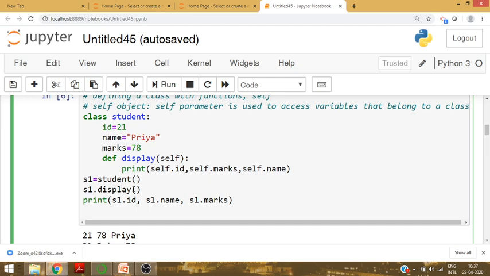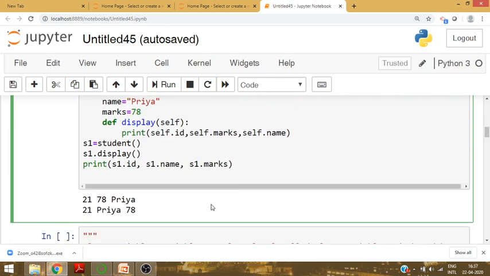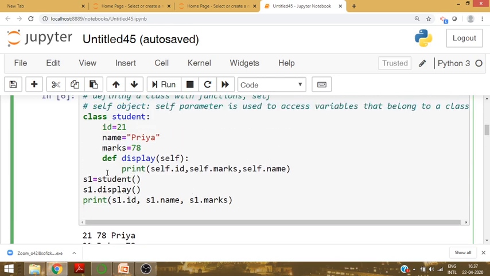So s1 dot display. So write here print s1.id, s1.name, s1.marks. It will print double. Why? Because when we call this method, the method also is already given to print this, and we are again printing it.